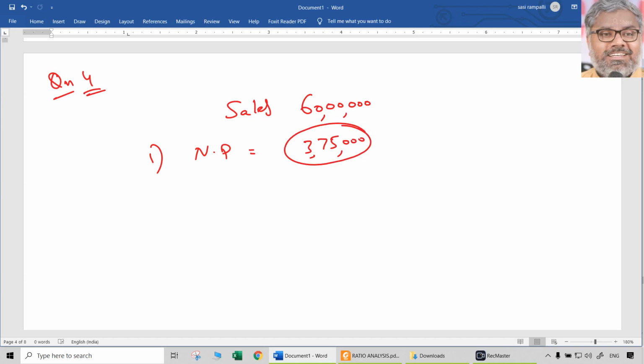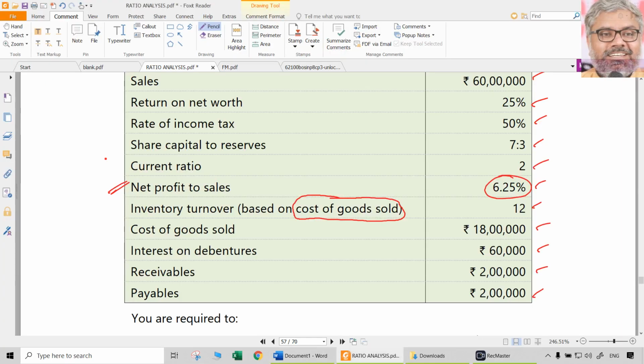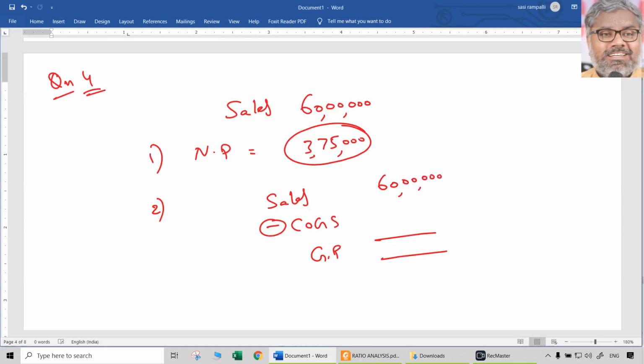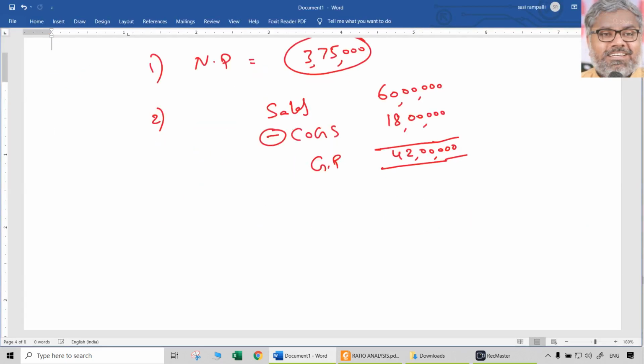That is first thing. And same way, like we did in one of the MCQs just at the beginning of this session, we can fill the information separately, one by one. Then cost of goods sold is known. When this is known, when interest is known, easily we can find out operating expenses. How? Backward calculation. Sales minus cost of goods sold is gross profit. Sales is 60 lakhs. Cost of goods sold is given already as 18 lakhs. So naturally 42 lakhs will be gross profit.